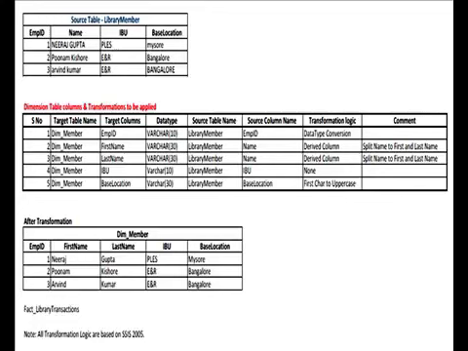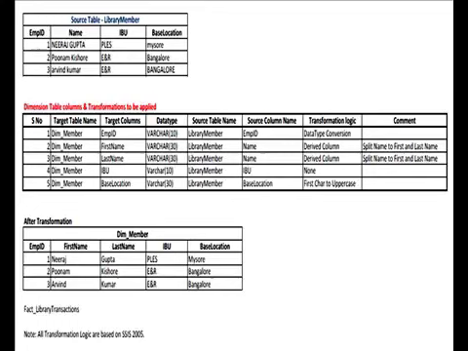The next column in dim_member is the first name. The source column for this is the name column of library member. Similarly, the third column in dim_member is last name, and again the source column for the last name is library member dot name.